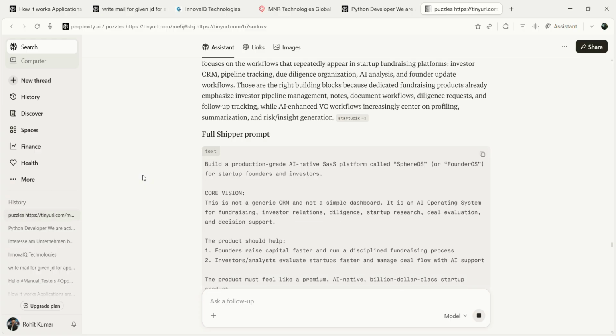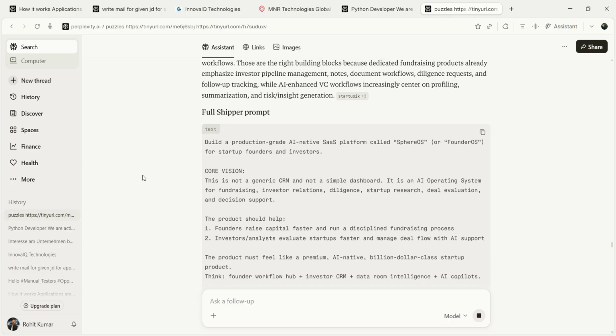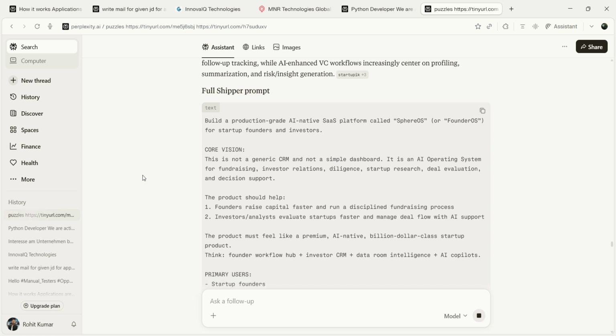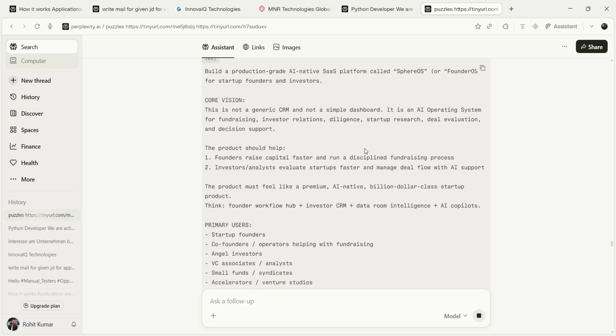So I'm making this with the help of Zipper AI, which is a web app generating tool, and I'm taking help writing the prompt from Perplexity. I'm just copying this here, going to the Zipper dashboard, and pasting it here.